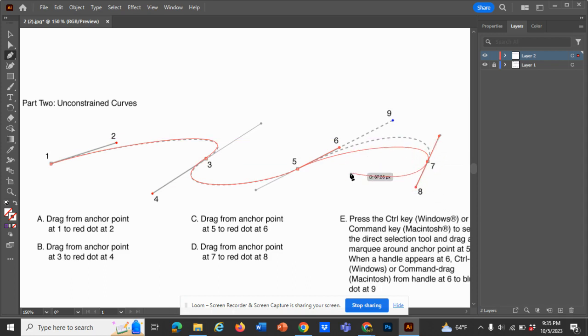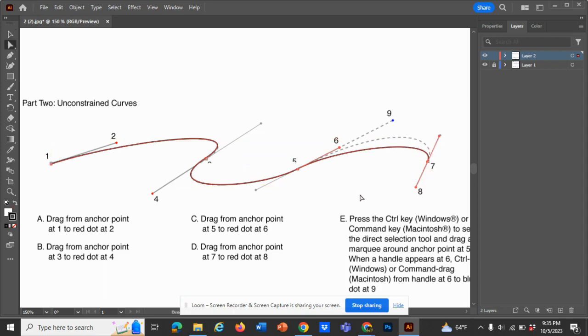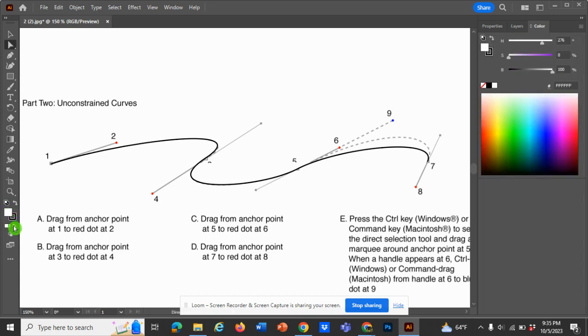Let me do the selection tool first. The V key, right? Or actually, I'm going to do the A key. Notice how this curve doesn't quite work. Okay, so it's trying to show you that you can edit the handle after the fact. Okay, let's just say, actually there's a stroke on there. That's okay. Actually it has a fill on it too. Don't need a fill on there. I don't know how that happened, but anyway,